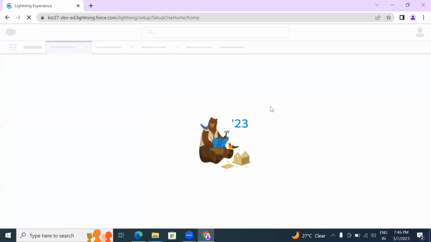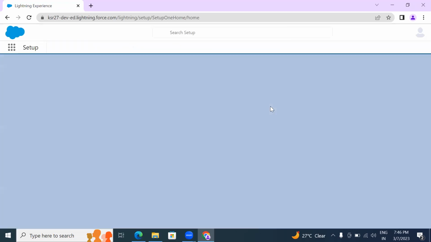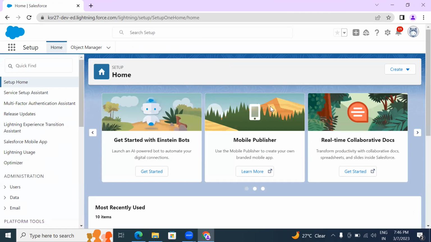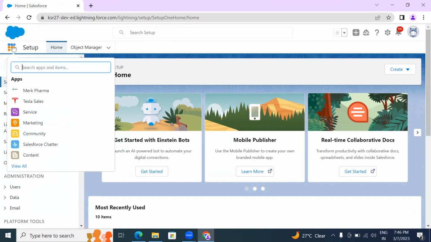Yeah, I've logged into my Salesforce account. As we are discussing, Salesforce provides ready-made sales and service applications that you can check from this app launcher. This is the app launcher feature provided by Salesforce. Here you can see the sales application. I've just renamed that. So this is the ready-made sales application.